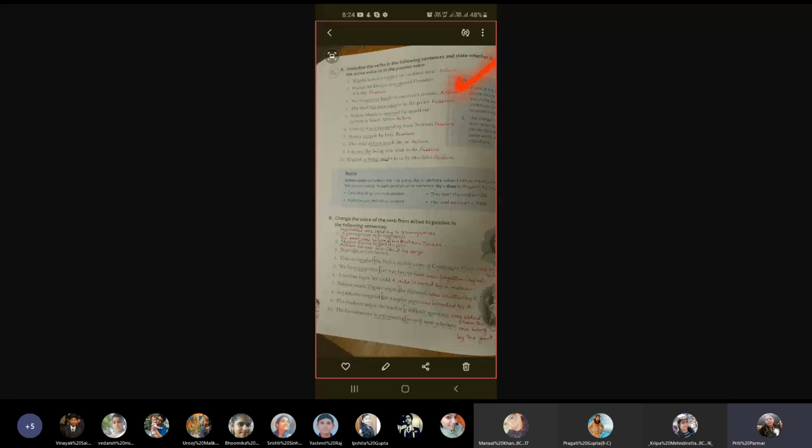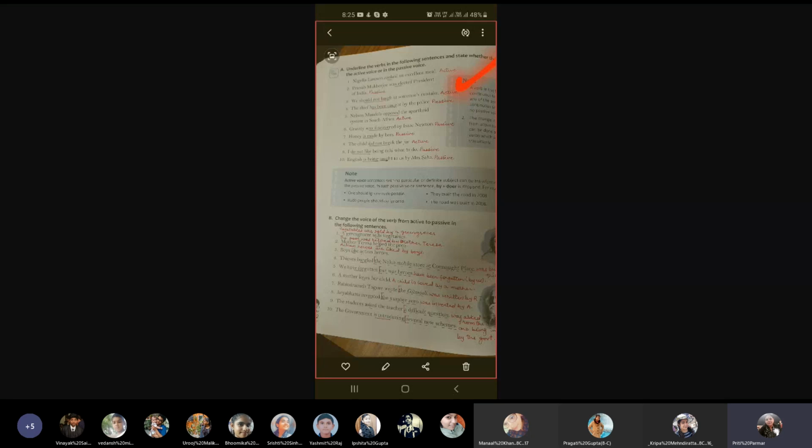So now changing it into passive, vegetables are sold by a greengrocer. The next, Mother Teresa helped the poor. In passive, the poor were helped by Mother Teresa. Can you see in each sentence, I've underlined the verb which I am changing. In the first sentence, sells is changed to are sold. Are is making it present tense. Then Mother Teresa helped. Helped will be was helped.